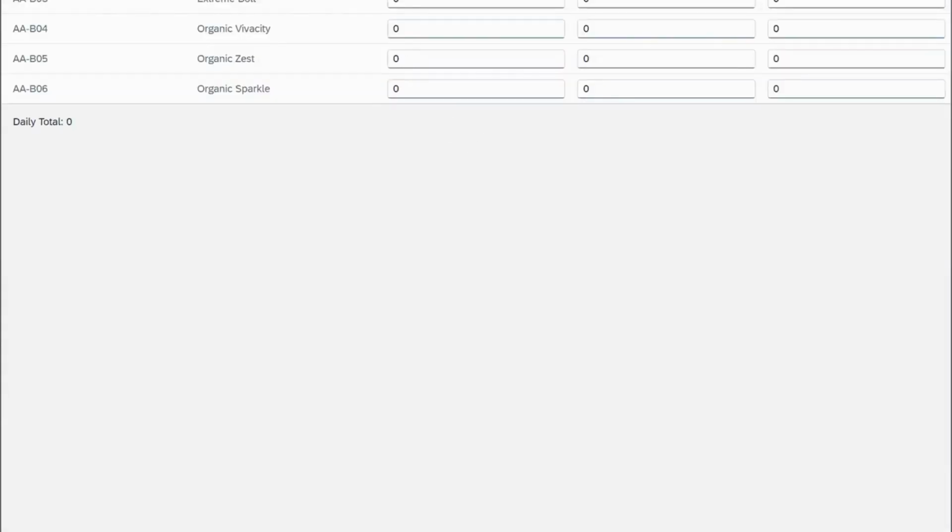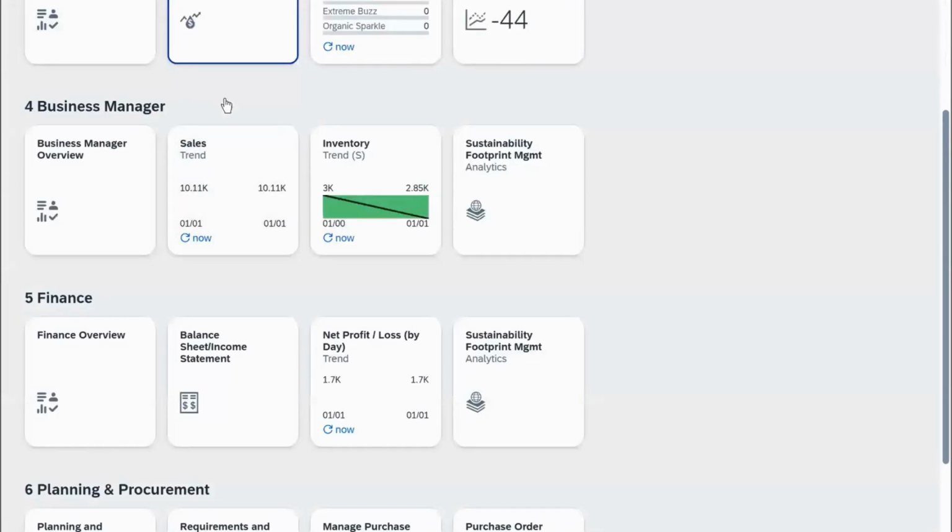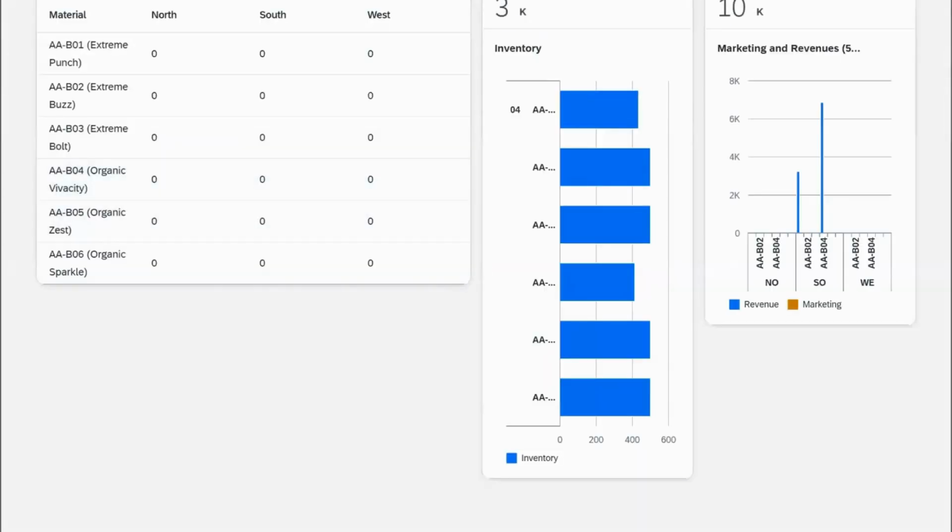However, you have to know that it's not really interesting to over invest in marketing. So you don't want to invest more than 2 or 3% of your daily sales, and you want to make sure that you don't invest in multiple products in the same region, so you don't kill off your sales. So if I had to go through the thought process here, I could look at my sales,